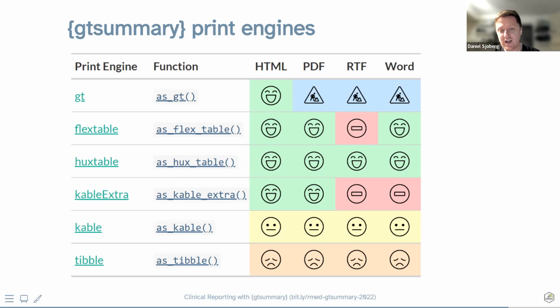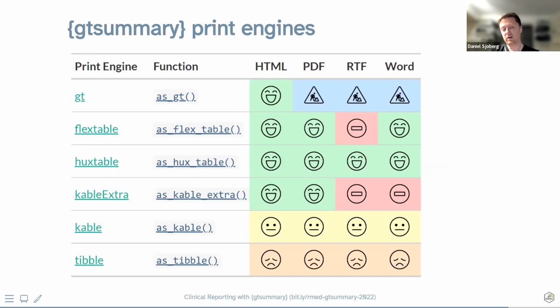And this slide is out of date. I apologize. So PDF is now fully supported. RTF is almost 100% supported. They just have one small bug with indentation, and Word is almost entirely supported as well. But if you're using Markdown syntax to bold headers, they have a bit of an encoding issue there too. So they're so close, and I think that in the next release of GT, all four of these output formats will be supported. But if you're in a rush, it doesn't matter because one of the other engines will work for you.